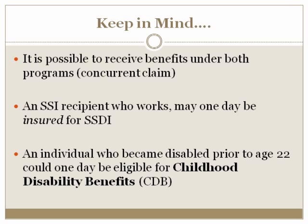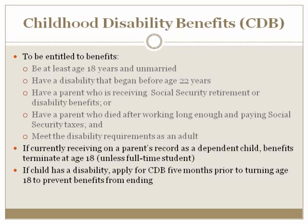Also, an individual who became disabled prior to age 22 might one day be eligible for childhood disability benefits, or CDB. Childhood disability benefits relate to adult children. Social Security does not pay minor children with disabilities other than under SSI. To be entitled to childhood disability benefits, you must be at least age 18 and unmarried, have a disability that began before the age of 22, have a parent who is receiving Social Security retirement or disability benefits, or have a parent who died after working long enough and paying Social Security taxes, and